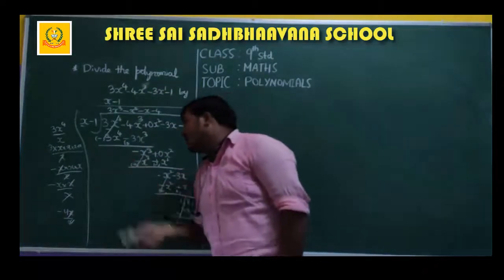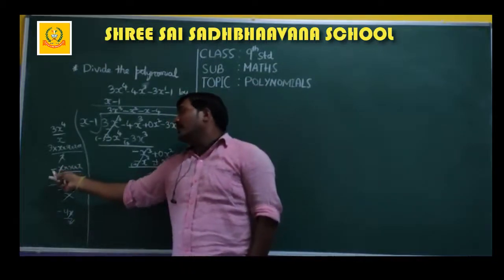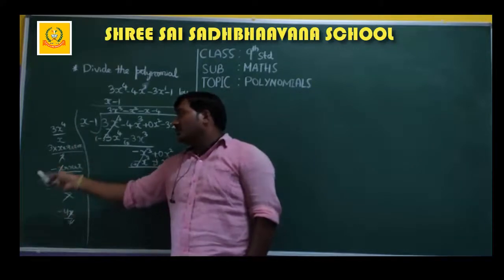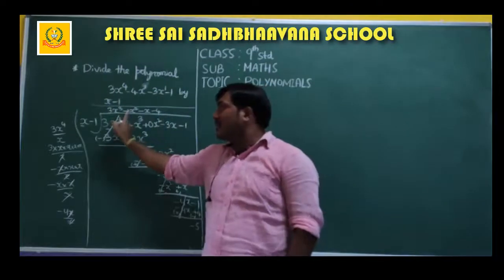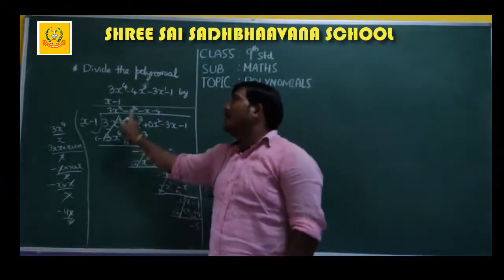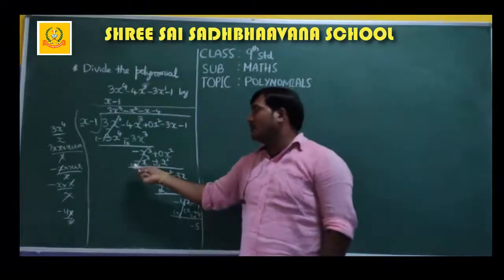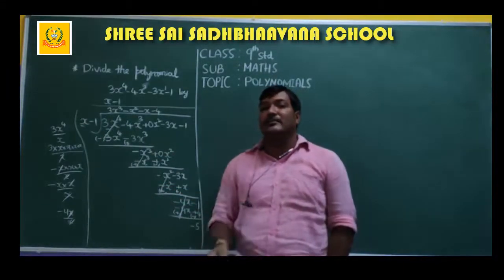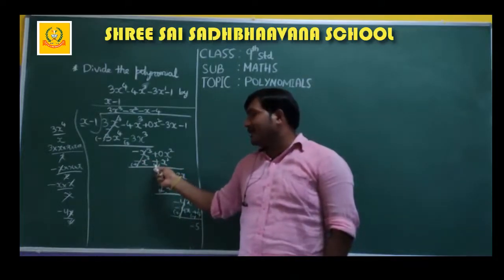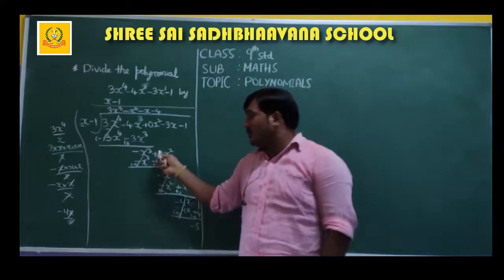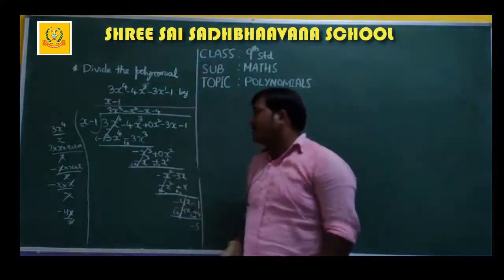Now here what we have is minus x cube. So minus x cube can be written as x into x with minus sign divided by the first term x. So xx will get cancelled. We will be left with minus x square. So minus x square into x, minus x cube, minus x square into minus 1, which is plus x square. Again we have to subtract, signs will change. Minus minus will get cancelled. So minus and plus x will get cancelled. We will be left with minus x square. Got it? So 0x square minus x square will be minus x square, and this you take down minus 3x.